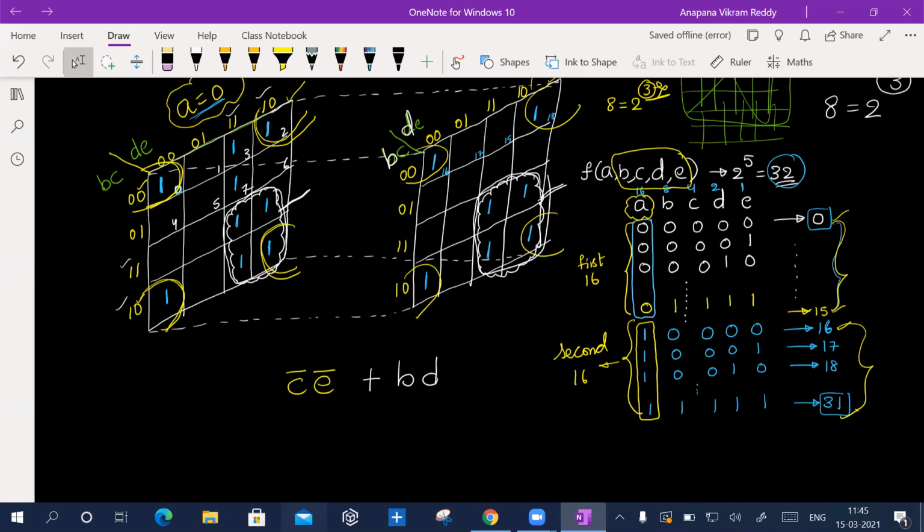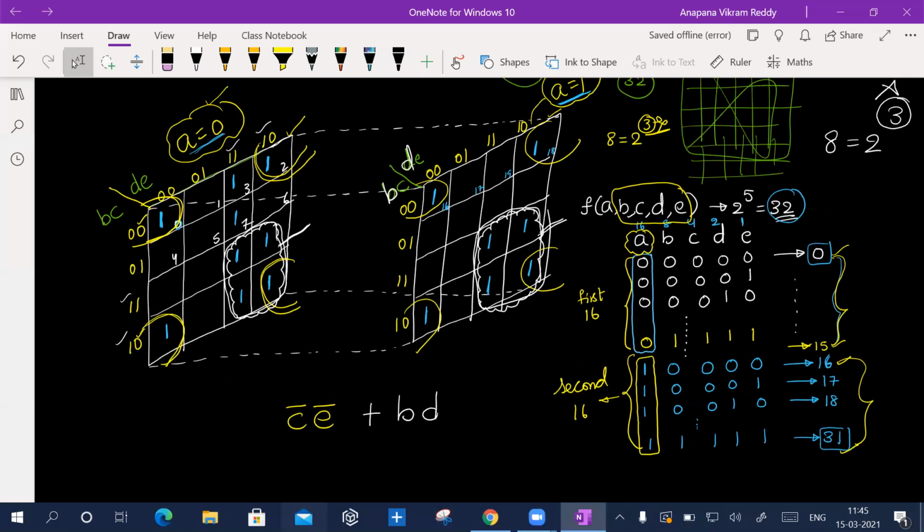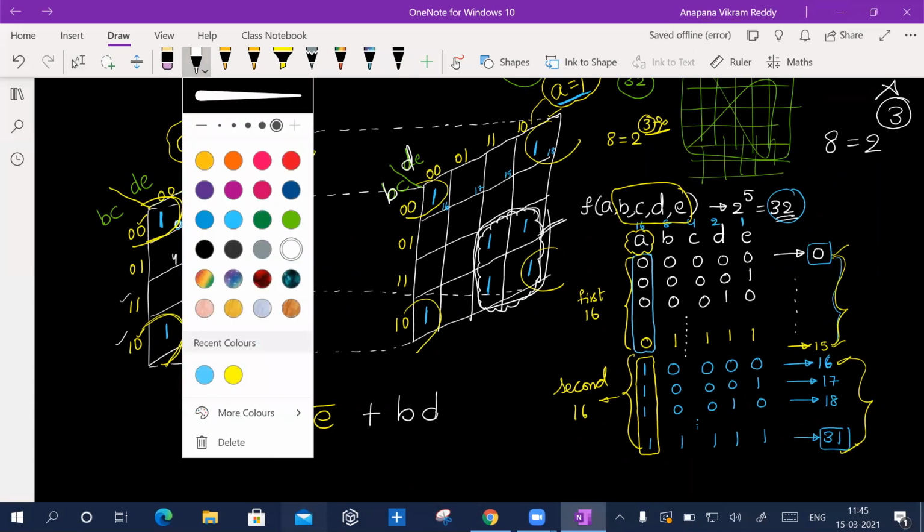All right, that's great. Again, what else do I have? Do I have anything else? One pair, sir. Where is the pair? Sir, on that A equal to 0. Yeah, see, more than a pair, what is possible here? Sir, a quad. Yeah, a quad is possible, no? More than a pair? Yes, sir.